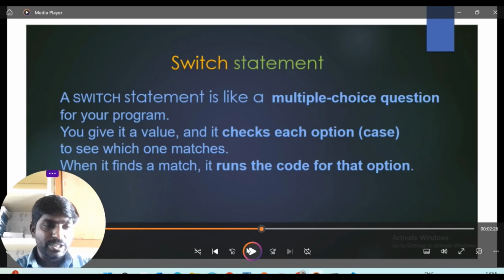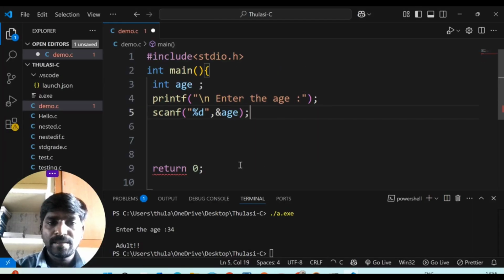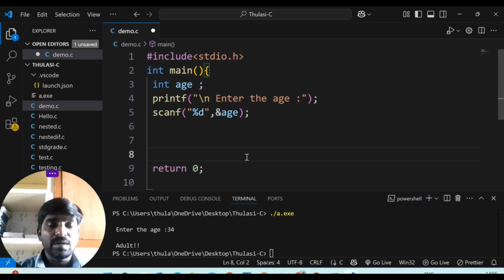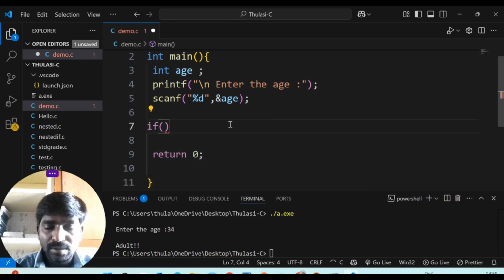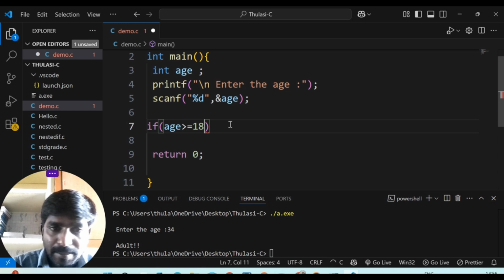Then move to the switch statement. Okay. So I have declared the variable age and enter the age. Then I will store that value. Age will be stored somewhere with the name of age. Now I have to come here, then check the condition. If age is greater than or equal to 18, printf,